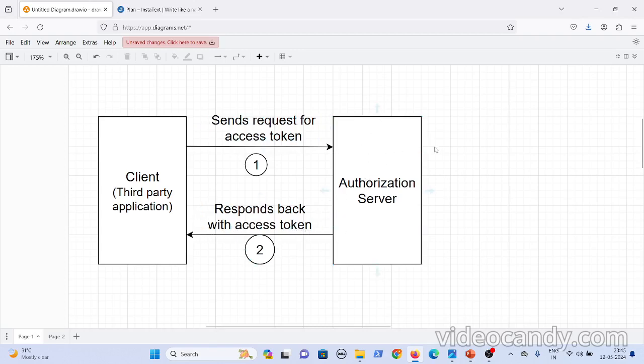And in the previous video we already spoke about this, right? Before generating the access token and sending it back to the client, the authorization server gets the consent of the user, the resource owner, and it also checks the identity of the user, which means it will ask the user to log in and verify their identity, after which it will ask the user for their consent. Once those are done, only then will it generate an access token and send it back. So it's the same as the first flow we discussed.